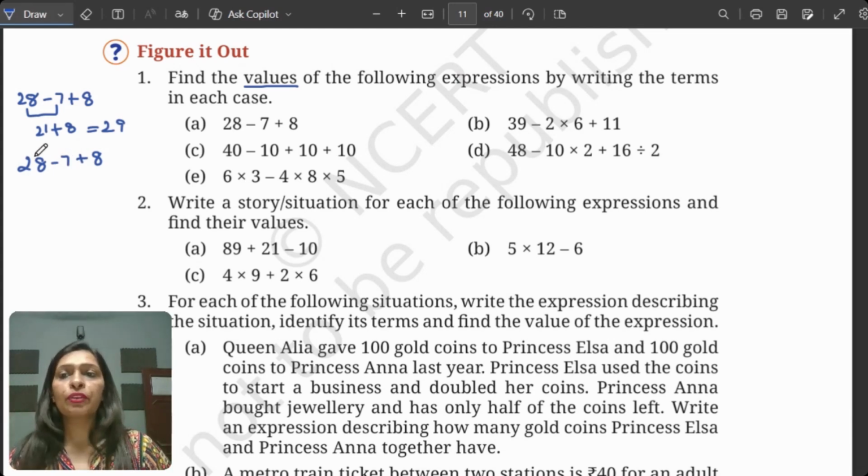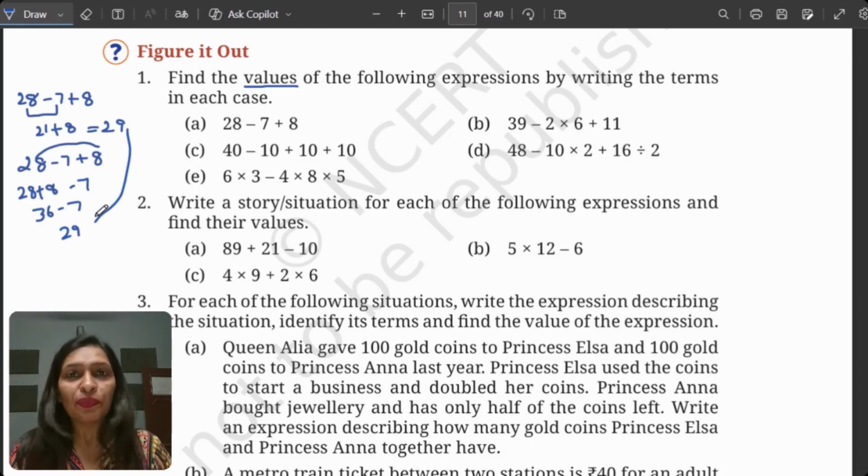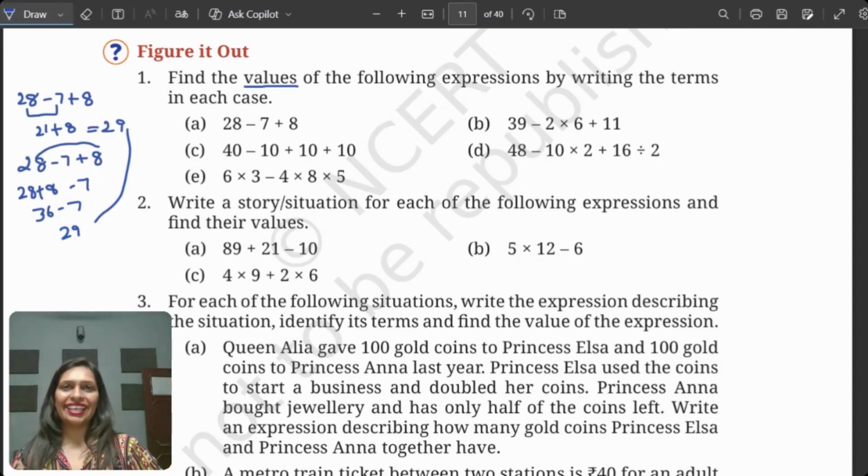It means we are going to do 28 plus 8 and then minus 7. And 28 plus 8 is going to be 36, minus 7, and 36 minus 7 is going to be 29. And see, this is the beauty of maths. We can choose so many different ways, but we will reach the same answer all the time, right? So this is again your choice. There is no hard and fast rule that how we have to work on this. Okay, so the answer to the first question is